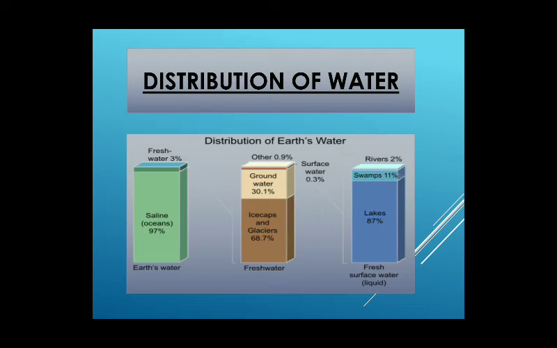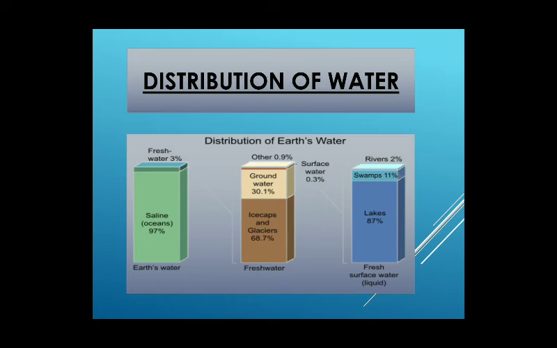This is a very important slide. Please take a very serious look at the water distribution on the earth's surface. We know 97% of the total water is present on the earth as saline water, and the rest, only 3%, accounts for freshwater. So out of this 3%,